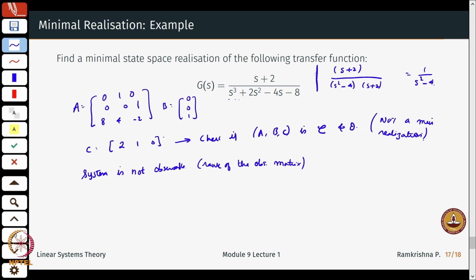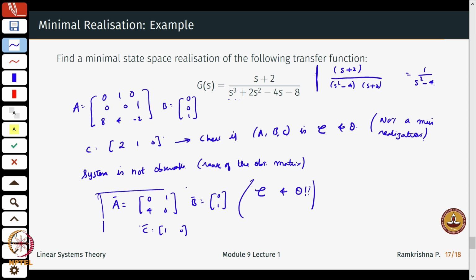And then I can write down the controllable canonical form and the observable canonical form, where I will have a new A, let me call this A bar, as 0, 1, 4, 0, B bar will be 0, 1, and C bar will be 1, 0, and you can check that it is both controllable and observable,